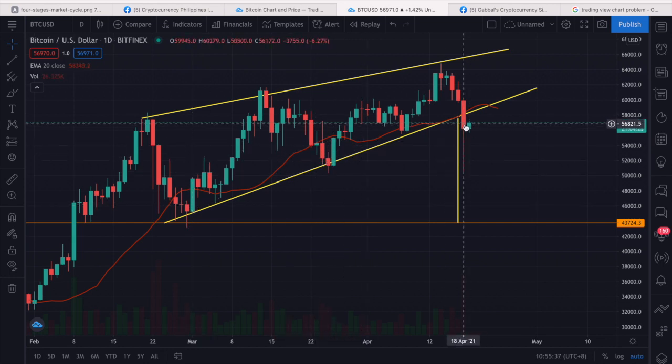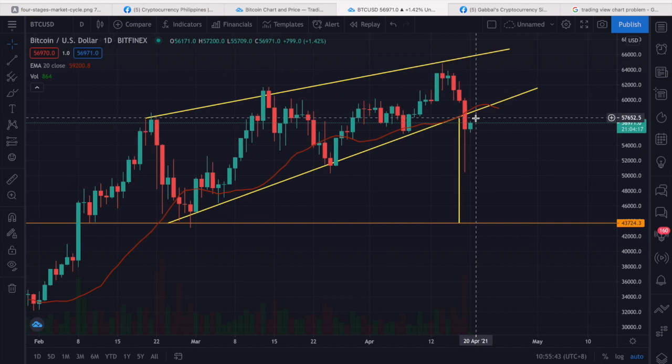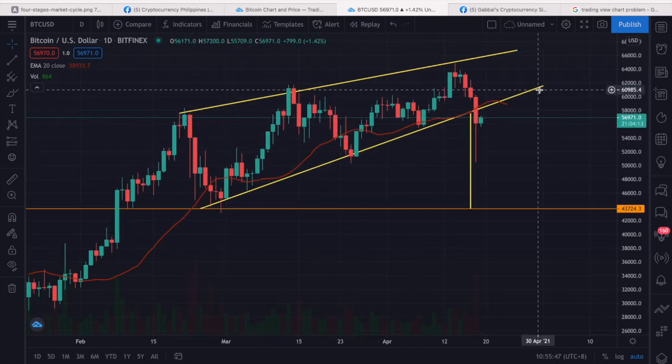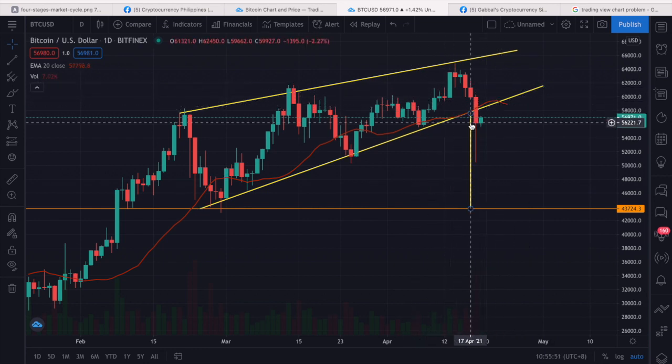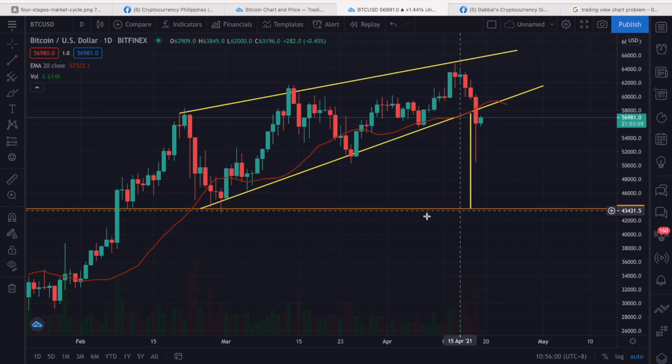So possible na mangyari dito is magkaroon tayo ng 4 candles on the following move in order to remain bullish. If not, makikita mo na meron tayong rising wedge. Rising wedge is a bearish pattern, so it tends to go down rather than up. So ngayon pababa tayo sa rising wedge natin with a target of 43,000, which is also our next support level,